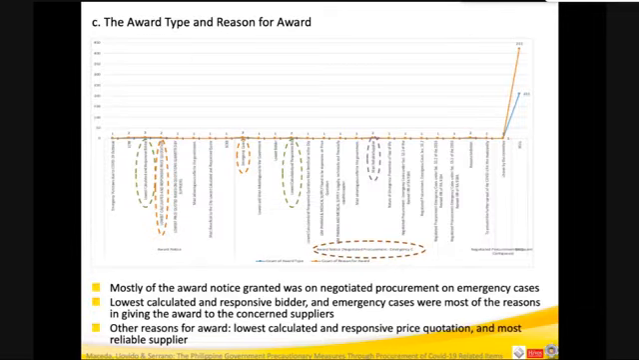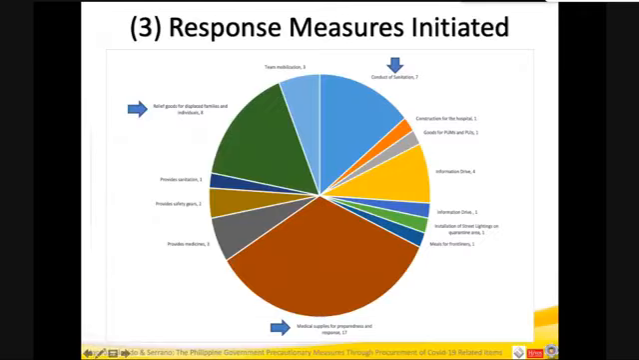Now, what is the award type made, and then the reason for the award? Most of the award notices granted were on negotiated procurement on emergency cases. The lowest calculated and responsive bidder and emergency cases were most of the reasons in giving the award to the concerned suppliers. Then we also have the other awards as shown in the figure. So based on those data,